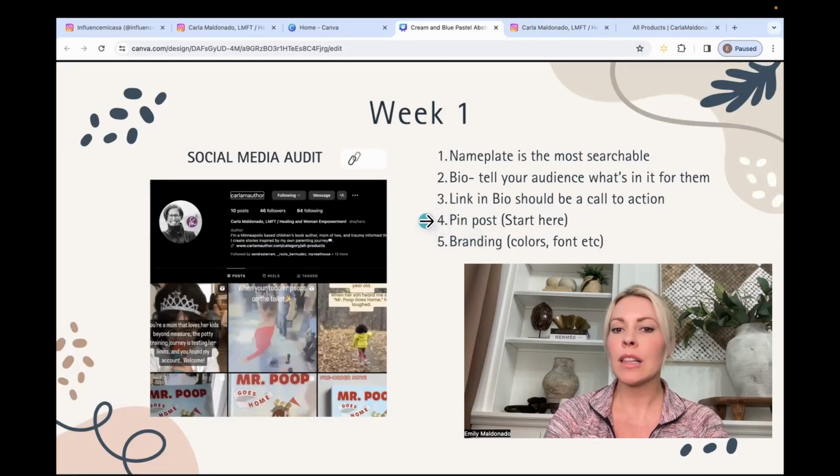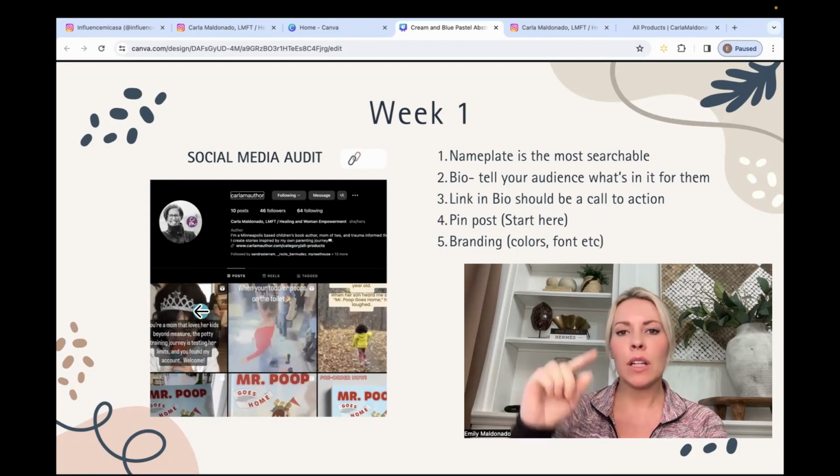4 and 5 are a little more advanced. So there is a feature on Instagram called Pin Your Post. I can't do it from my desktop, but what you do is you hit your reel from your phone, you click the 3 dots in the upper right corner, and it'll say Manage Reel. From there, you have an opportunity to pin a post at the top of your Instagram.